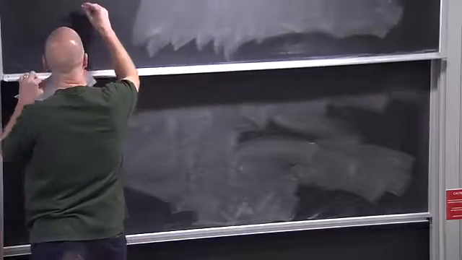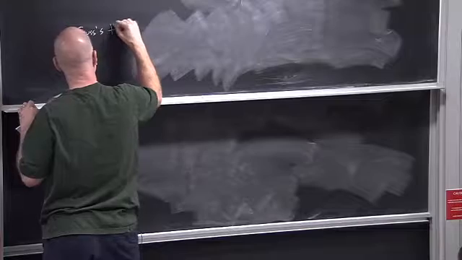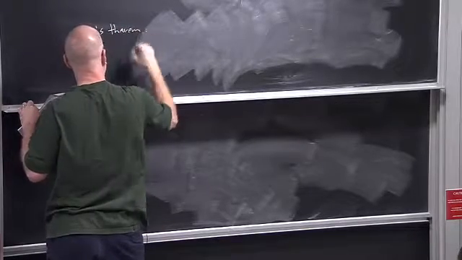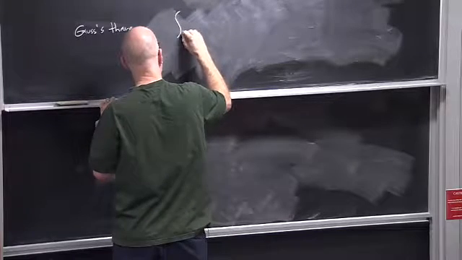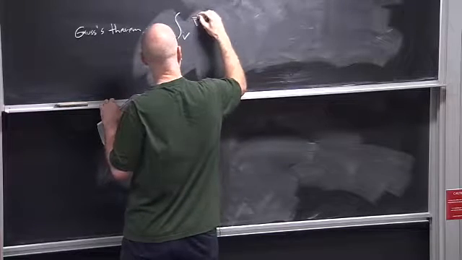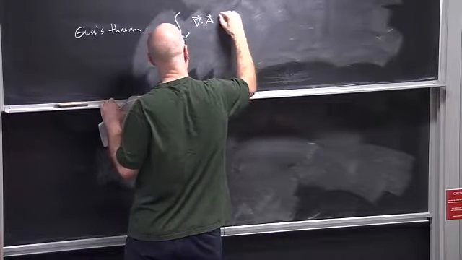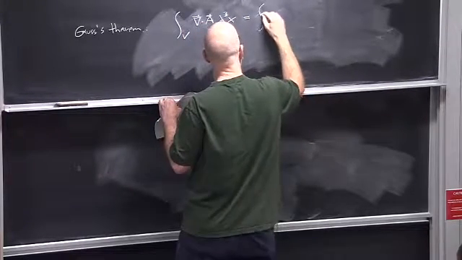Well, where we want to go with this is to have a nice space-time formulation of Gauss's theorem. So I'll just remind you what Gauss's theorem looks like in ordinary vector calculus. What you do in ordinary vector calculus is that you integrate over a volume. You take the divergence of a vector, you integrate this over the volume, and that turns out to be equal to